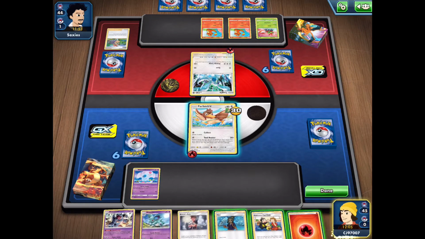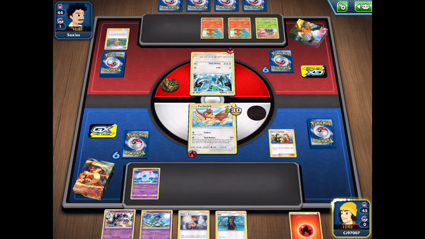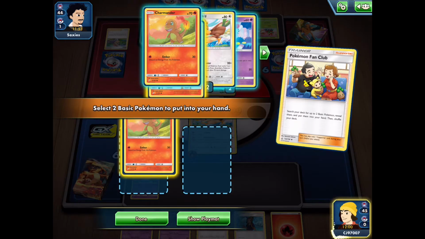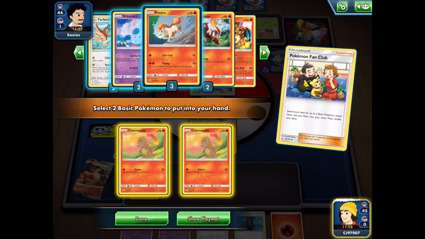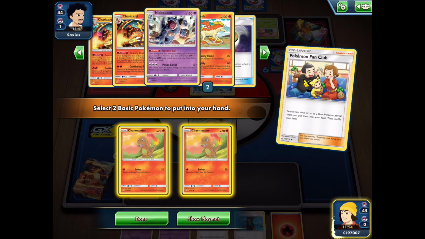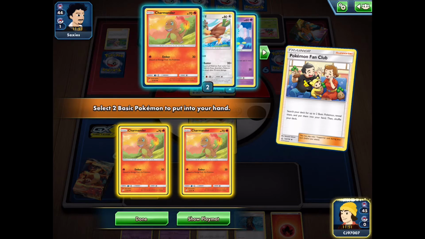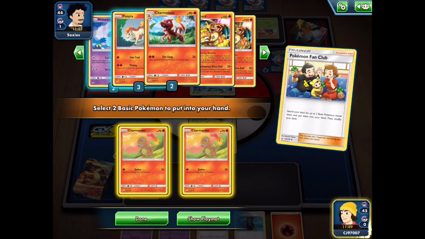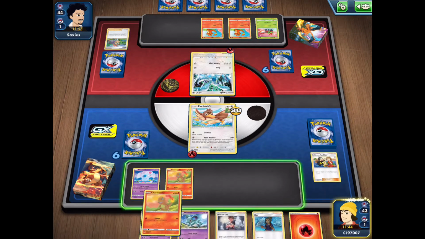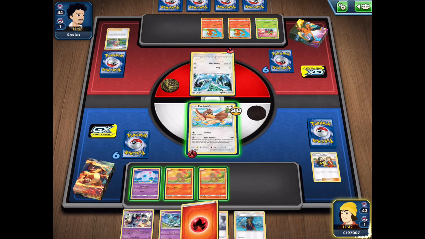Oh, that's very good, a very good pickup. Was definitely going to get that off of the Pokemon Fan Club, so perhaps we will get a double Charmander on our end as well. We could also go for the Rapidash at some point, but I kind of like getting the Charizards set up as quickly as possible, and I was just looking there for the Charmeleon that we do have in the deck, so that's very good. We'll be attaching onto a...